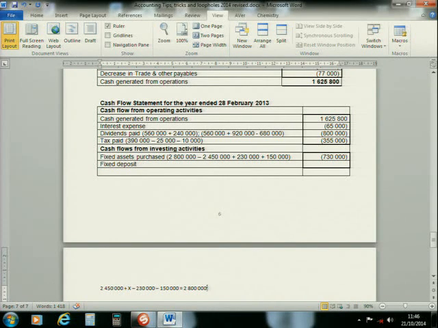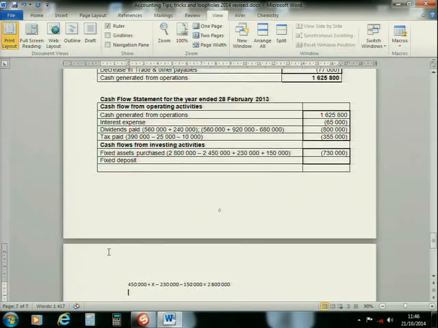Moving on with this, you will have X equals to